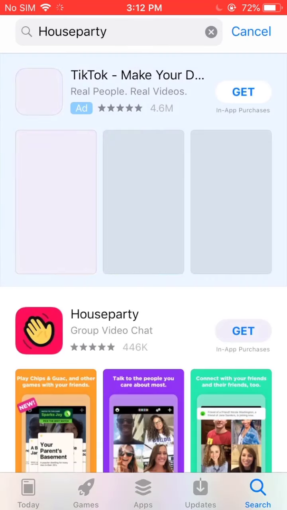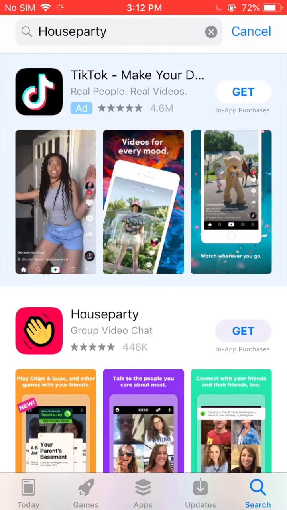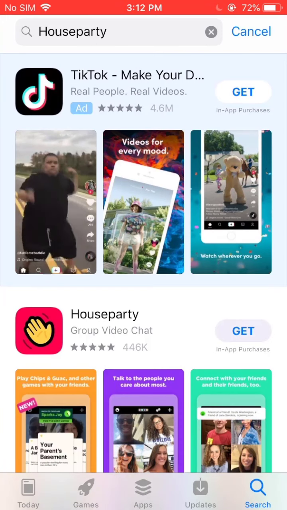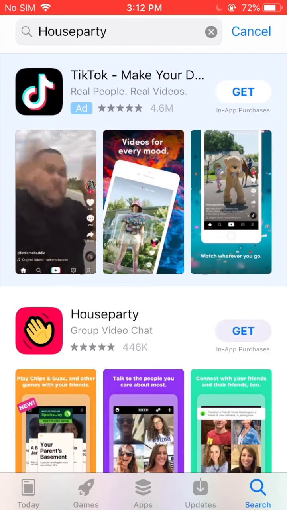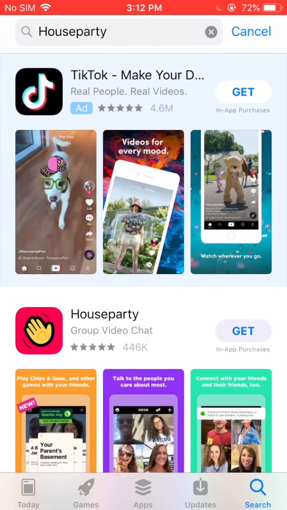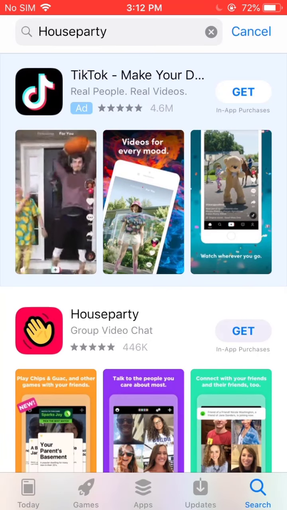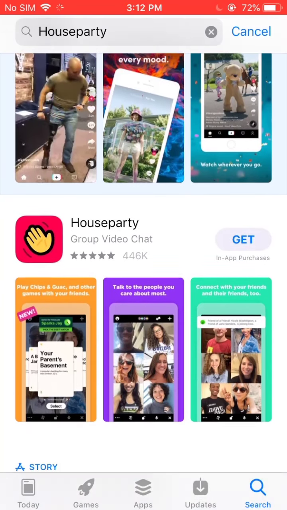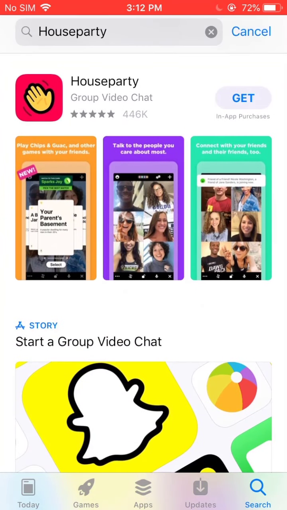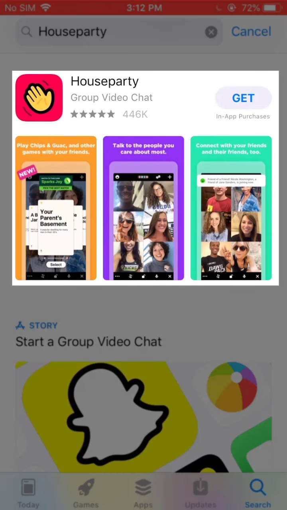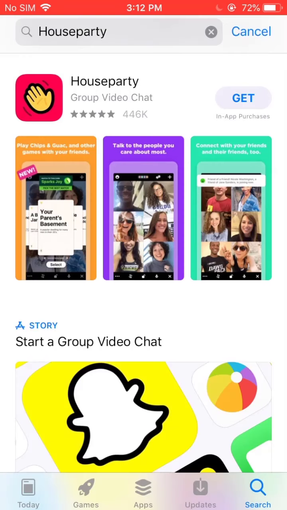Now I'm on iOS here, but it works very similarly in Android. You go to the Google Play Store there instead of the Apple iOS store. Now there are advertisements in the store, so you have to be careful. Houseparty is this second one here with the waving yellow hand. I'm going to press Get,